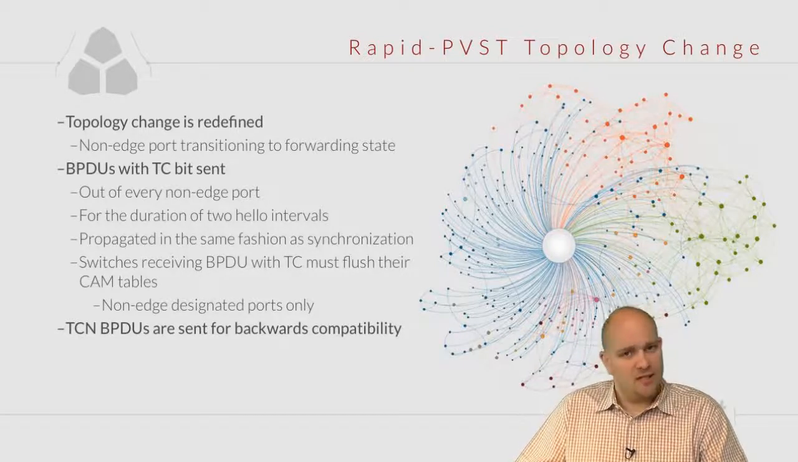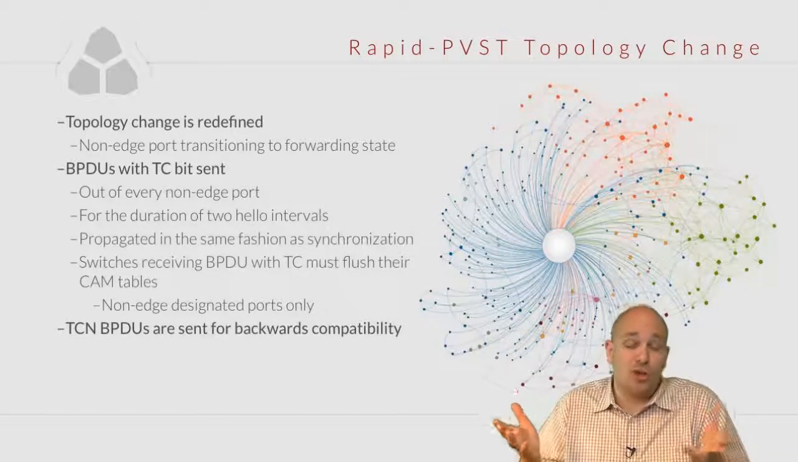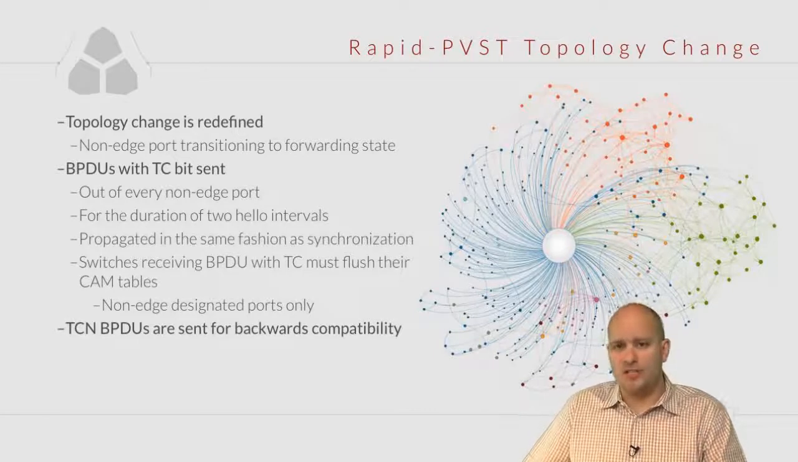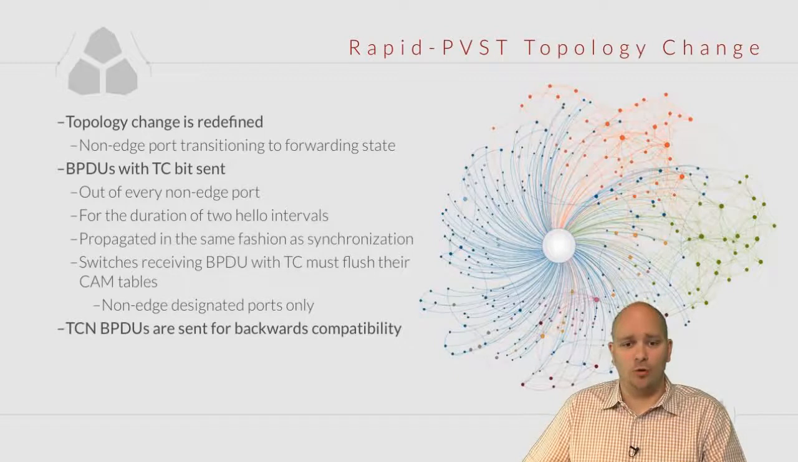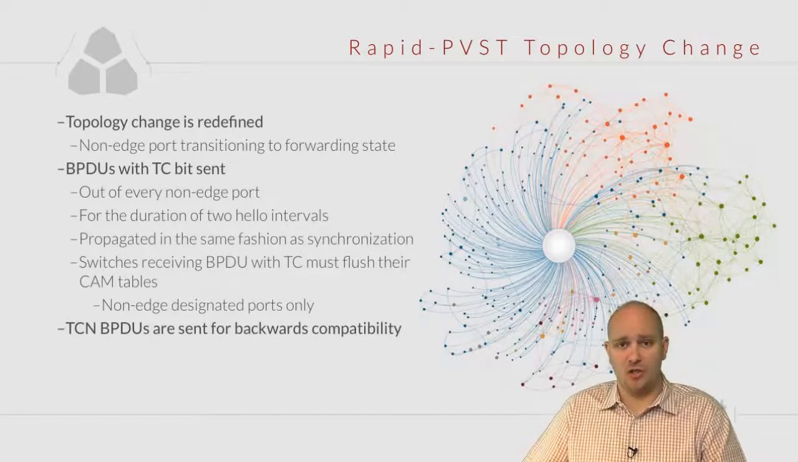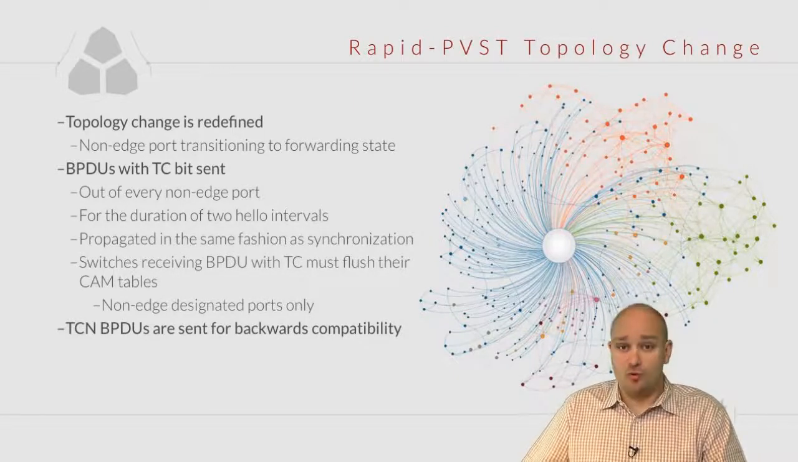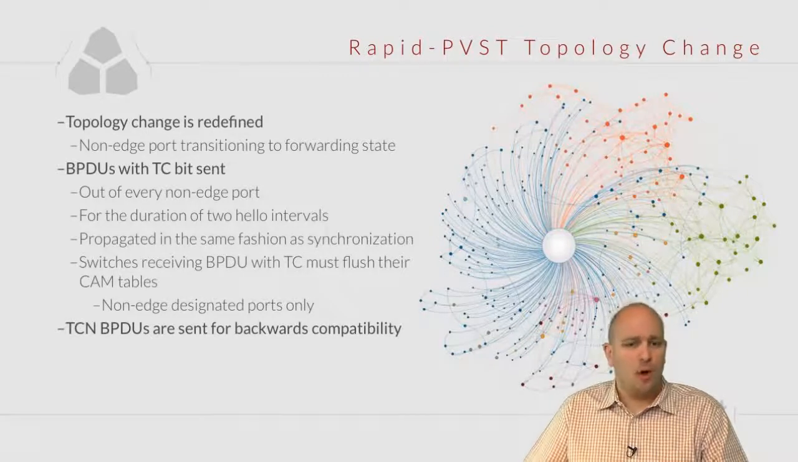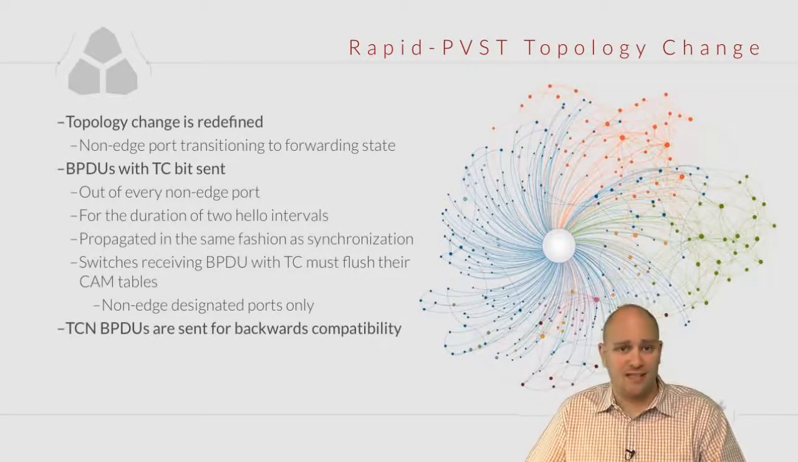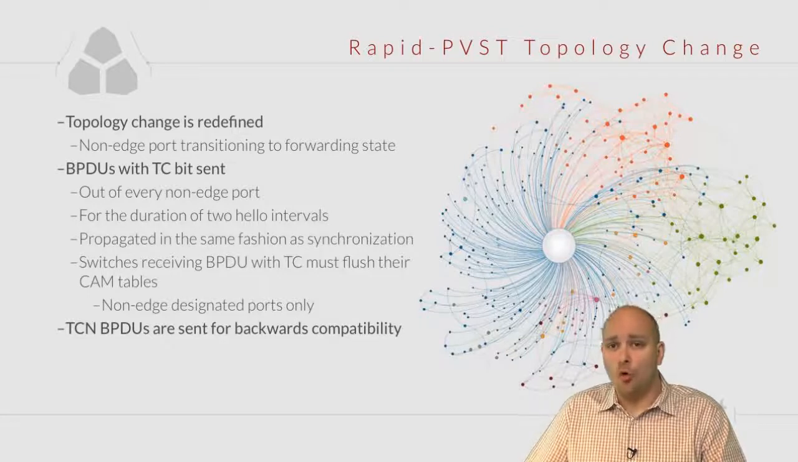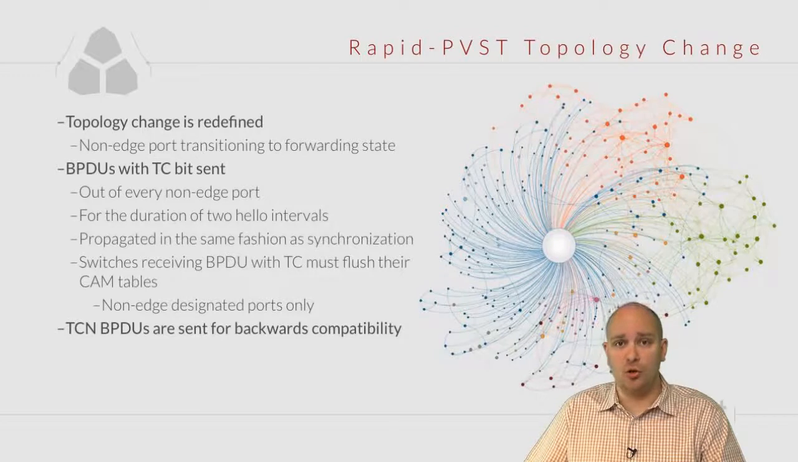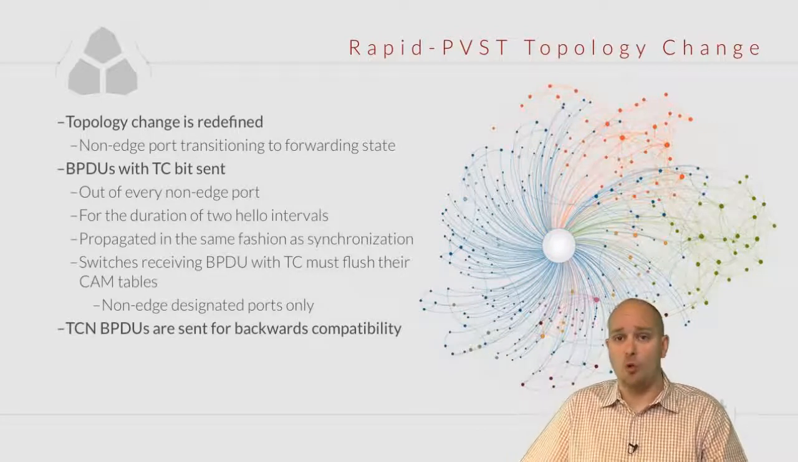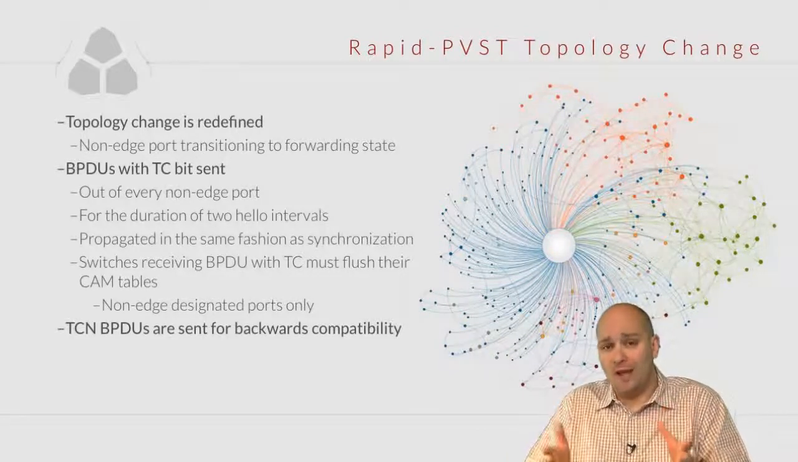The other thing that happens is much more interesting. The BPDUs, just like the ordinary configuration BPDUs, are sent with the TC flag set to 1. Now, this is sent out of every non-edge port. When a switch receives this BPDU, it's going to flush its CAM address table on all designated ports, on all non-edge designated ports, and it's going to forward this BPDU on,